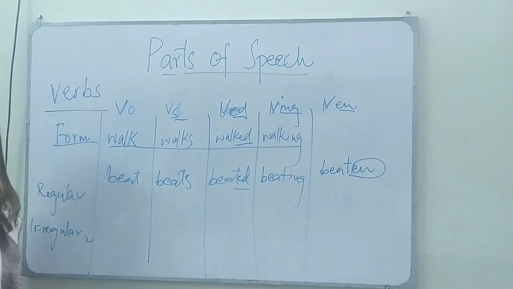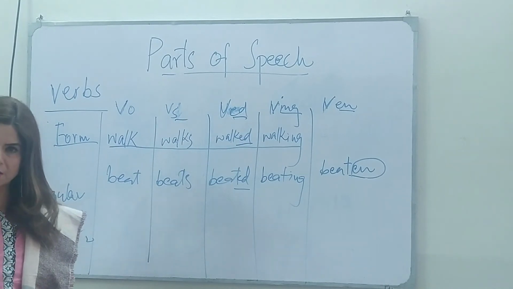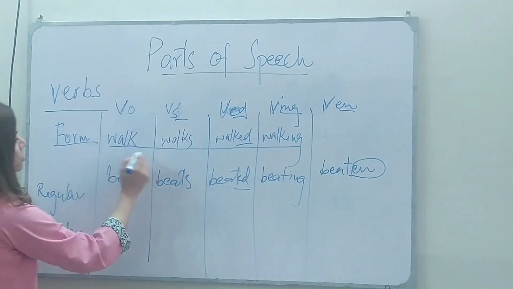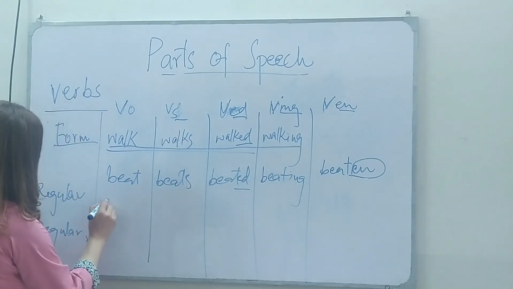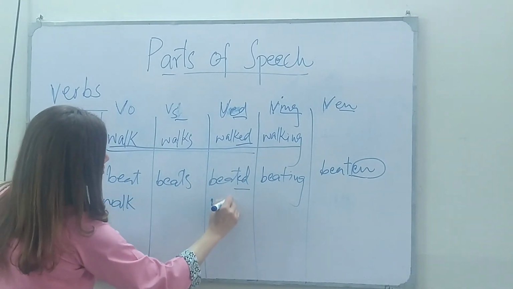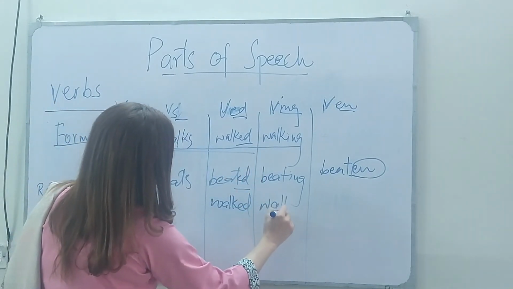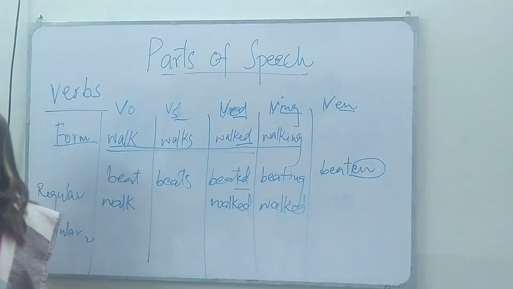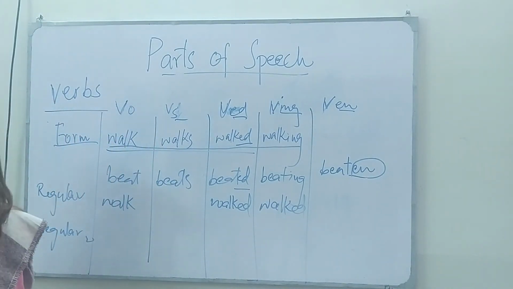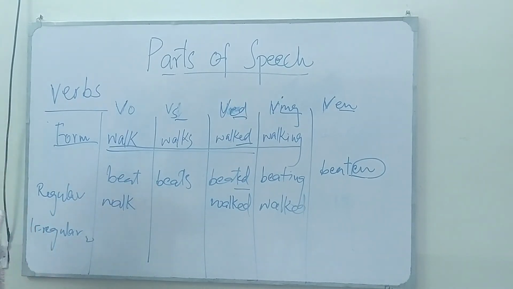Regular verbs are those that we can change into past like this. Walk and walked, walked. And its 3rd form will remain the same, walked. But the verbs that don't take ed at the end in their past form and whose past participle is changed, those are called irregular verbs, like